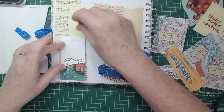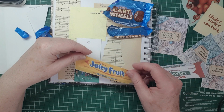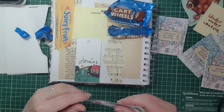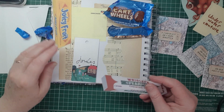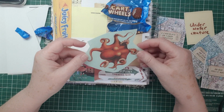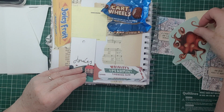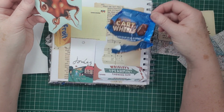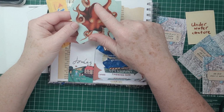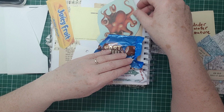Ooh, now we've got the clothing tag, and we've got a cartwheely thing. I may not need to put two. So that could go there, and maybe this down here. That's difficult to know where, and then I've got to place my sticker, so it's not going to look very pretty. I don't know which way. I think he's round that way, kind of. I don't suppose it matters. So I can see that's his head and his eyes, but it's looking down onto him. And it is a sticker, so